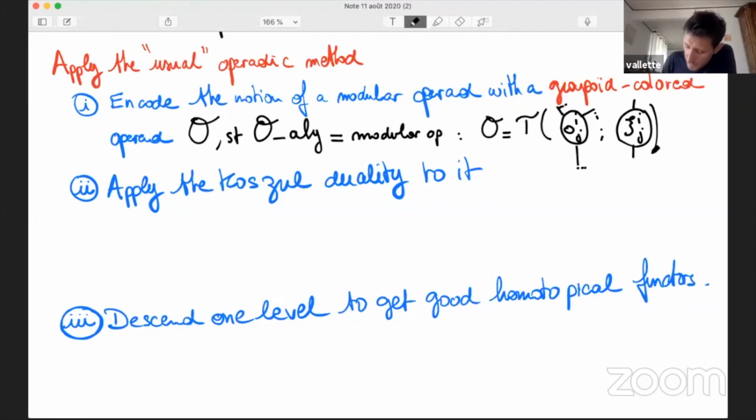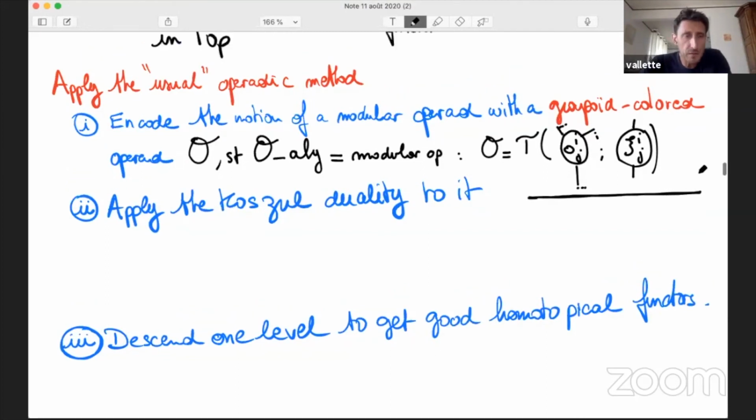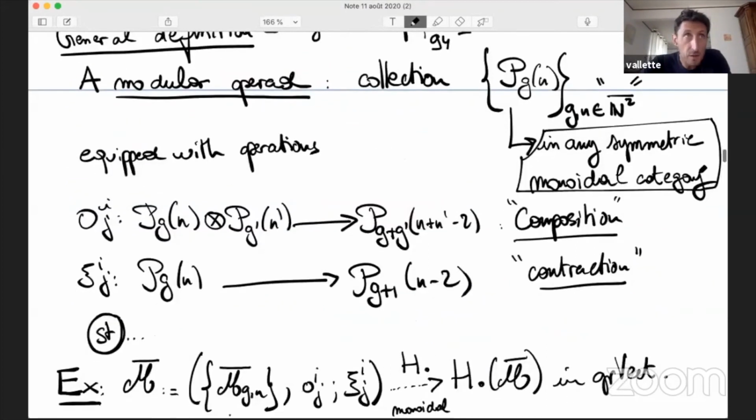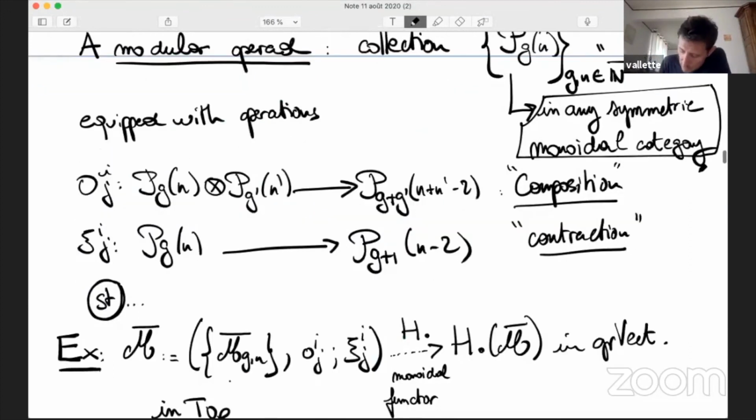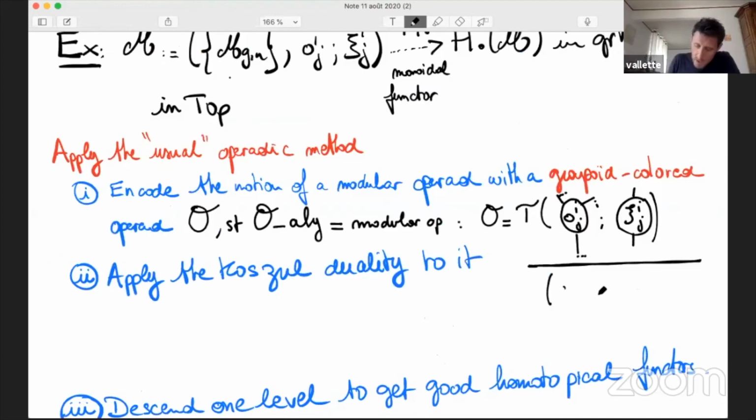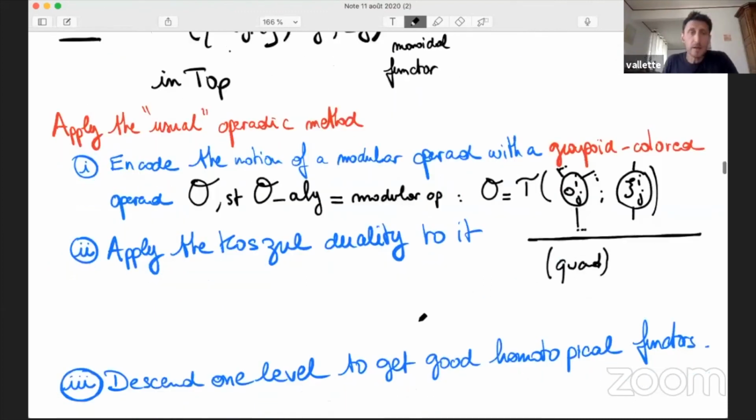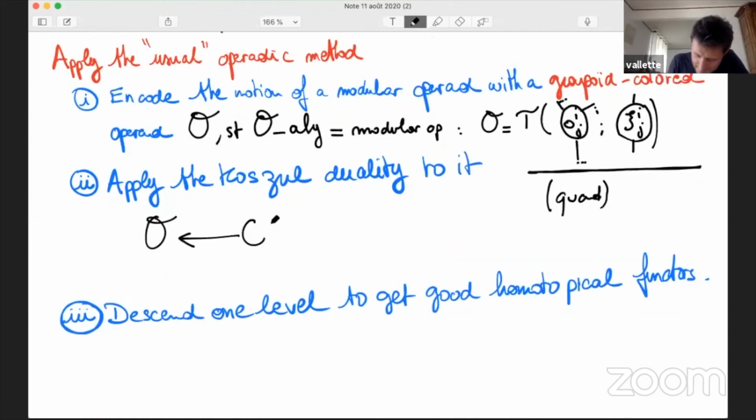Now you have to trust me because I'm cheating from the beginning, so I have to be coherent and continue. The relations of circle ij and xi ij are quadratic. So you have to believe me that the relations are quadratic, which means that since this is quadratic, you can apply the Koszul duality theory to it. Then you're going to tell me, does Koszul duality theory exist for groupoid colored operads? Yes, thanks to Ben Ward, who wrote this. So this is cool. Now we can consider the Koszul dual of O, which is O anti-shriek, which is a